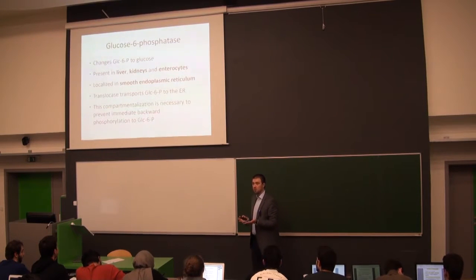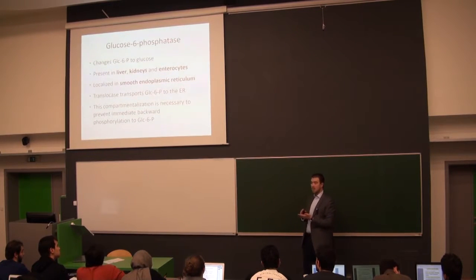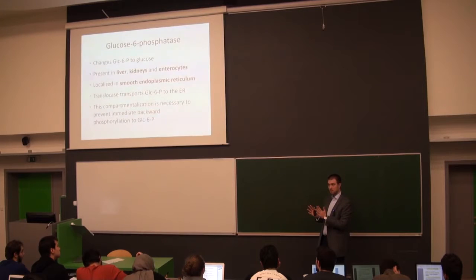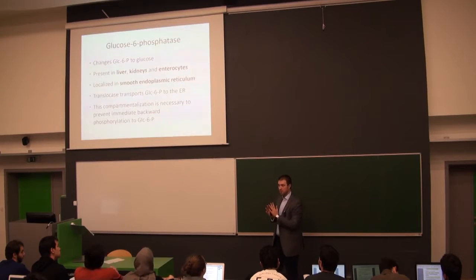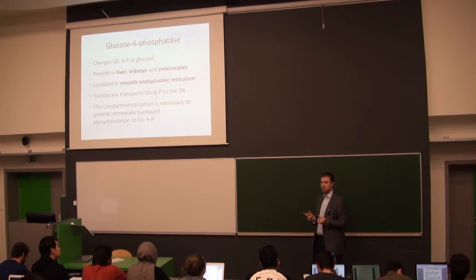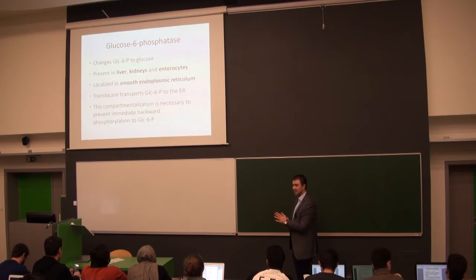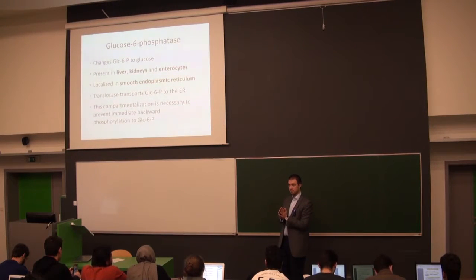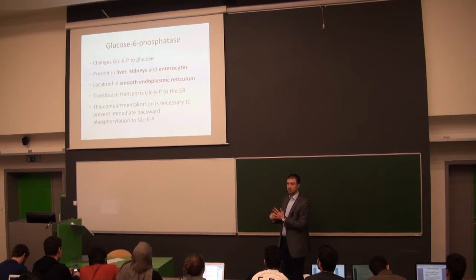As you know from a seminar, one way how the cells can regulate their metabolism is when they have two pathways, one in one direction, for example glycolysis, and the other in the opposite direction. Then some enzymes can be in the same compartment, but the unique enzymes are typically located in different compartments. And therefore, glucose 6-phosphatase is in a different compartment than the cytosol, where you have hexokinase and glucokinase, and it's typically in the smooth endoplasmic reticulum.